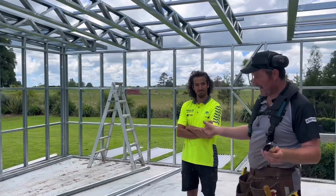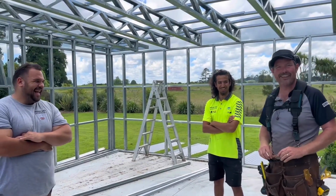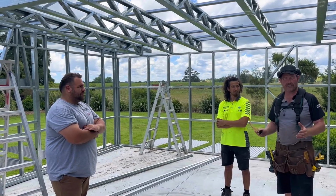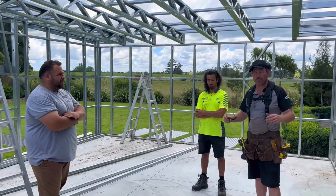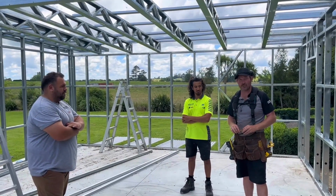Yeah, and just, you know, living. What are we, in a man cave? Playing the drums maybe, you know, all sorts, working on your classic car. You could do it all, and now you don't have to get a consent for it. Obviously it's built to a consentable standard, but you don't have to get that, so it's just fabulous that you can get one of these up nice and quick and be enjoying that shed life